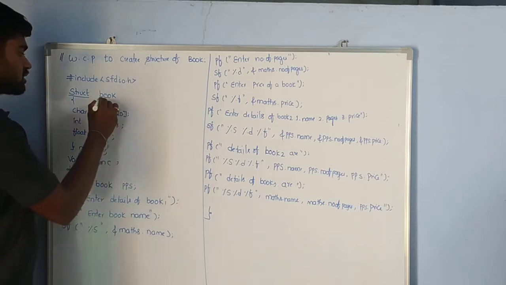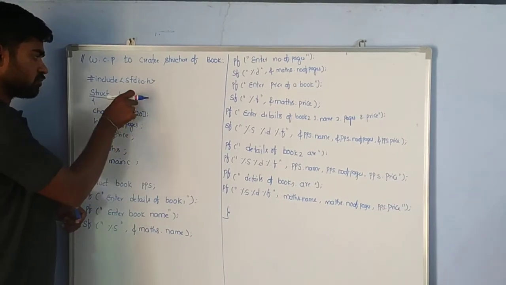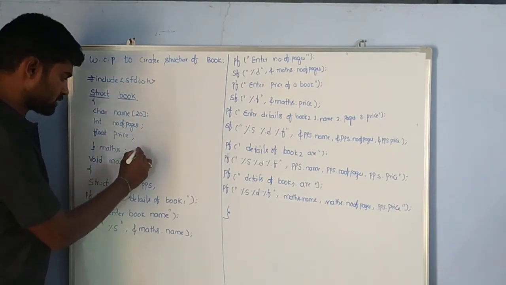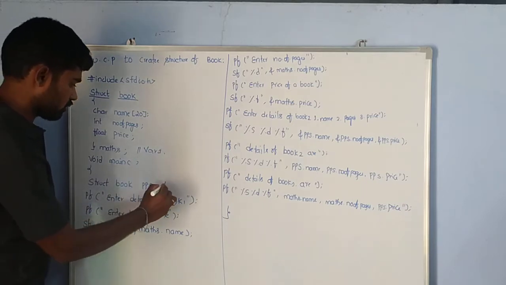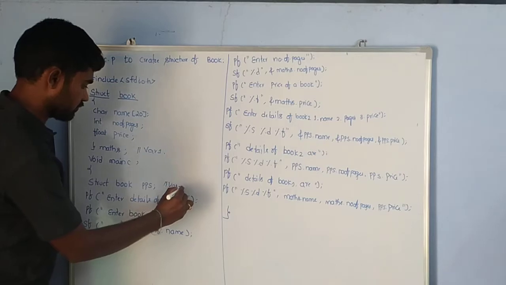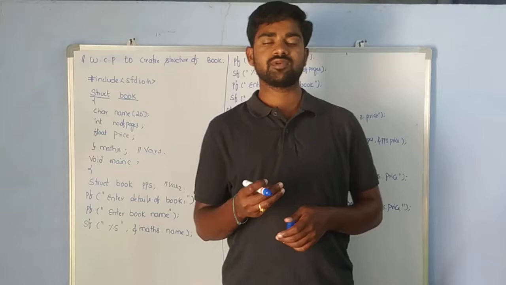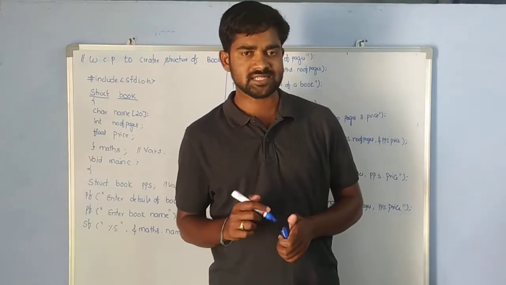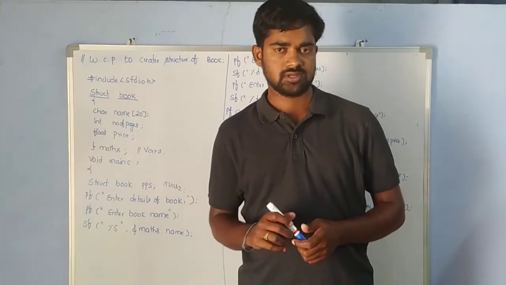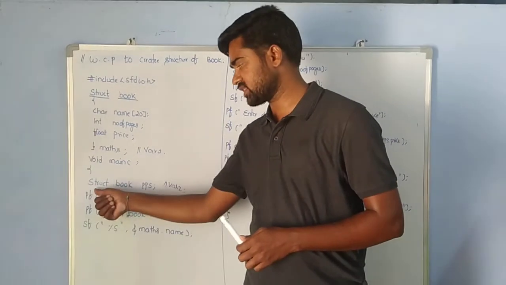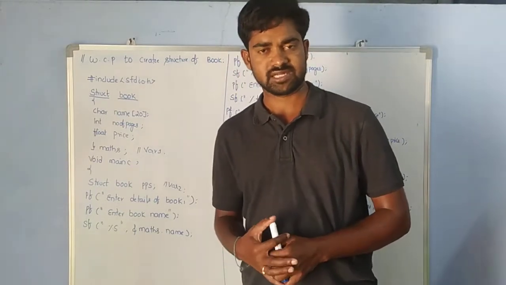What is the structure name? The structure name is book. So how many variables did we create for the book here? One is mass, variable 1, and we created another variable in the main function. Already we know that a structure variable can be created in two ways. One is at the structure definition, another is in the main function, by using struct and the structure name, that is, struct identifier of the structure.